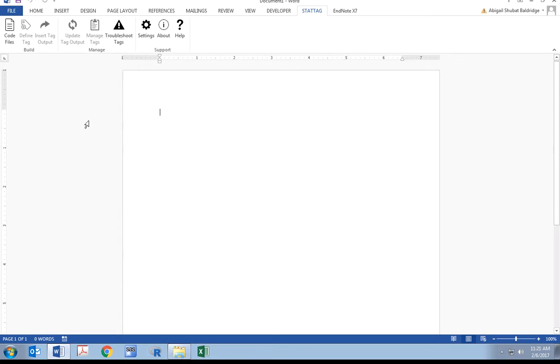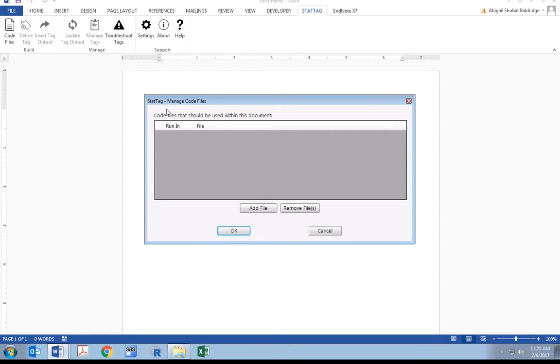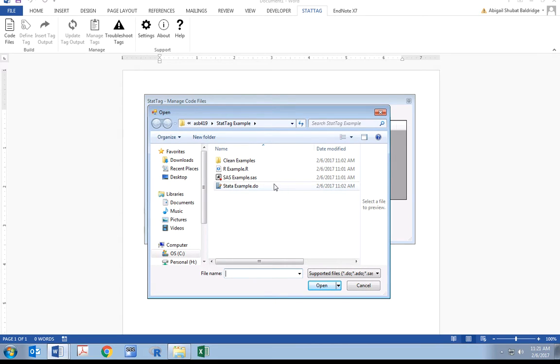To start out with StatTag, from the StatTag toolbar, click on Code Files. From this box, Manage Code Files. Code files can be linked to your Word document. Click on Add File, which will open a Windows Explorer box through which you can navigate to your code files